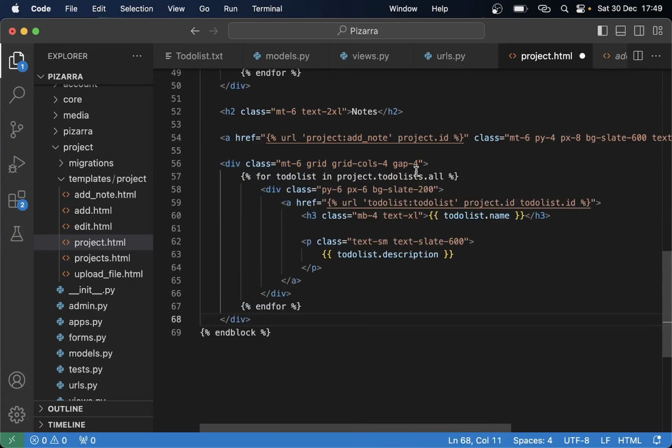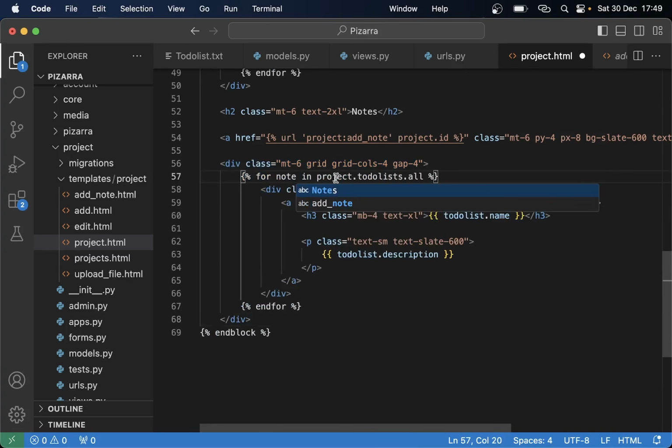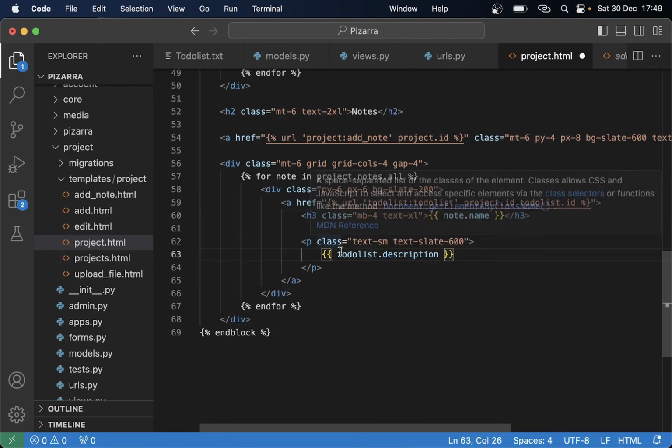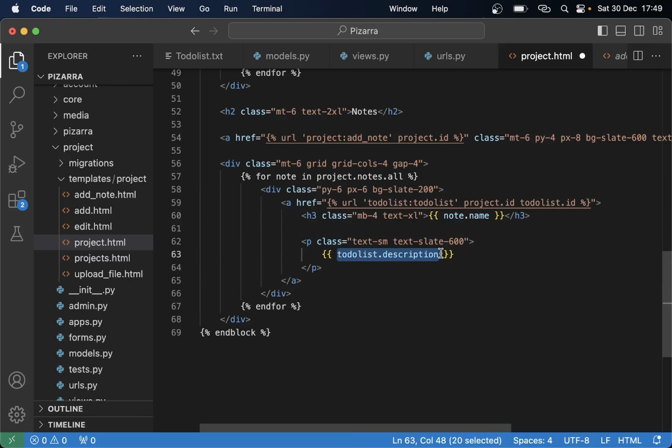So paste it like that and say for note in project.notes.all. And this should show the note.name, and we can show the beginning of the body. So note.body, and pipe this into